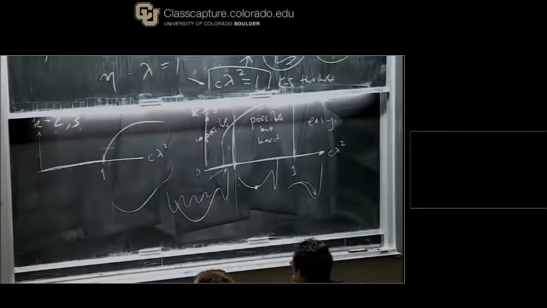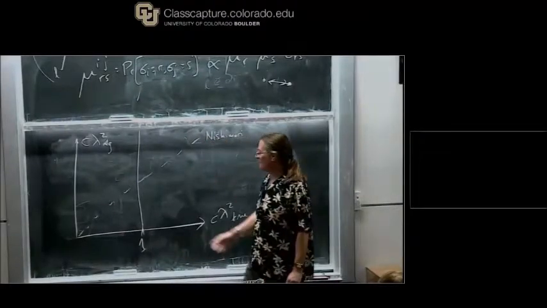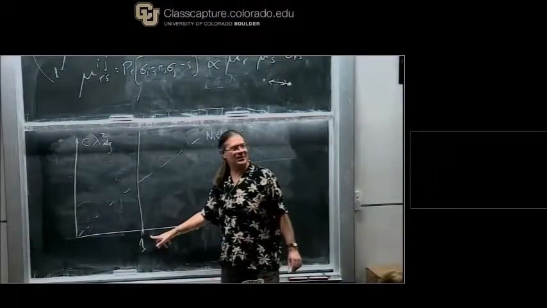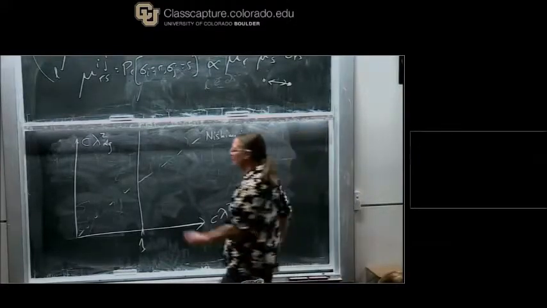Let me draw my phase diagram. So, to the left of this line, there's nothing accurate you can do, because this is the true detectability transition using the true parameters. On the other hand,